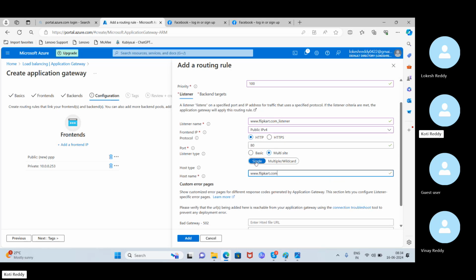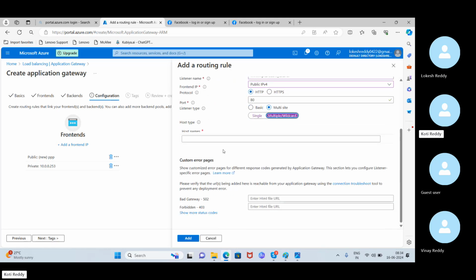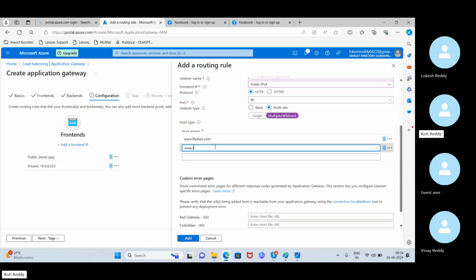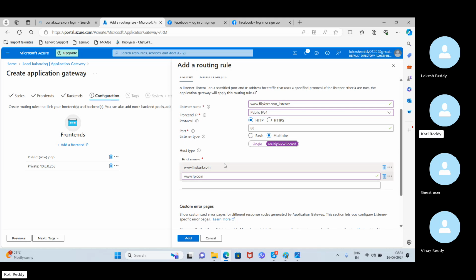Okay, no, single is not enough. I want to use multiple only. Yes, you can select multiple. It will ask you the host names. First one is www.flipkart.com, and second is www.fb.com. Okay, means if you receive traffic on www.flipkart.com, yes, you can receive it and you can send it to